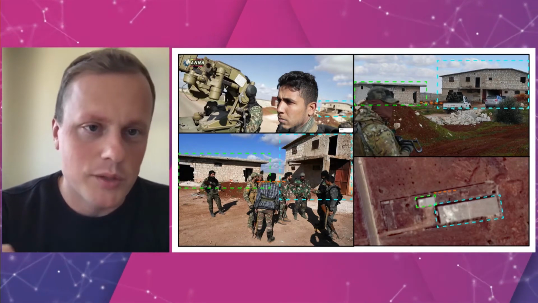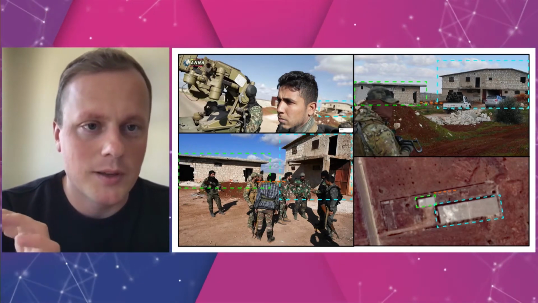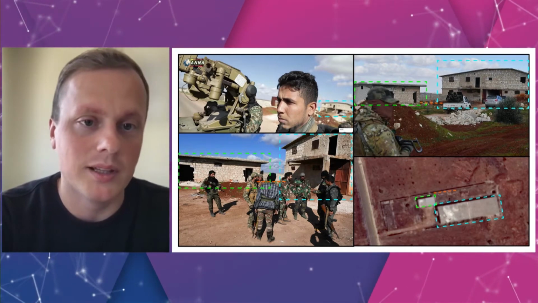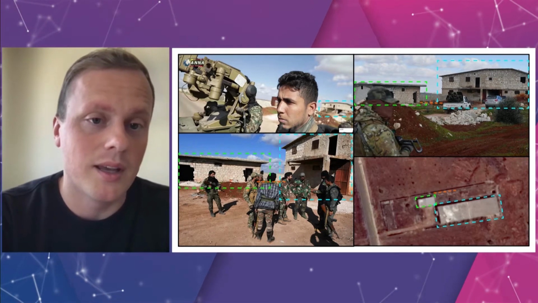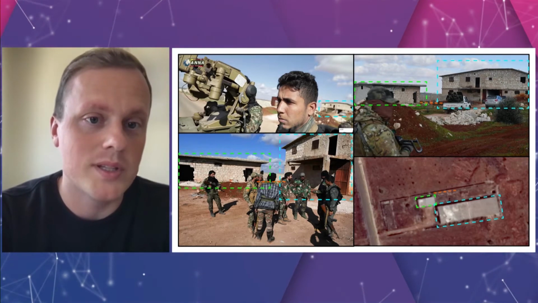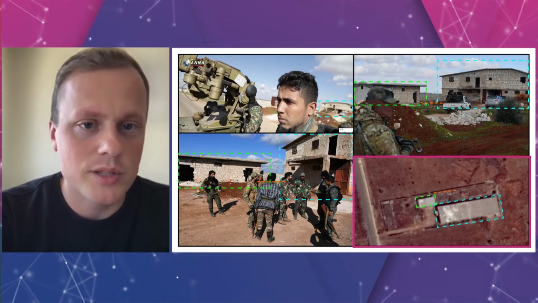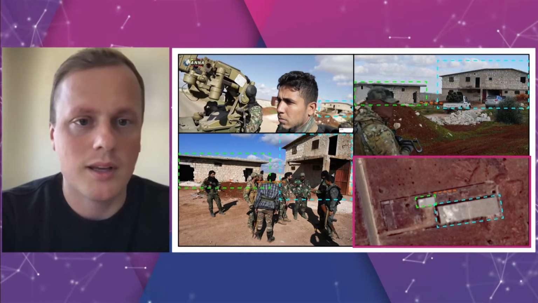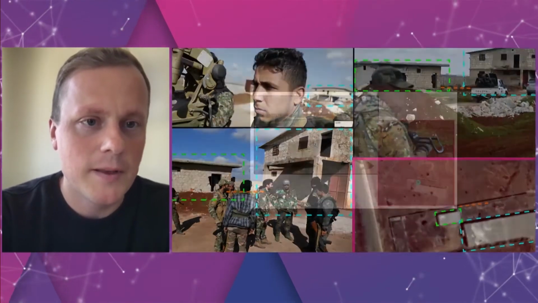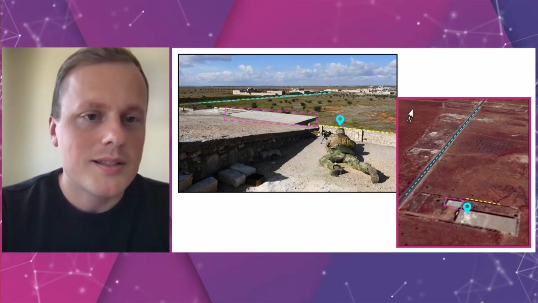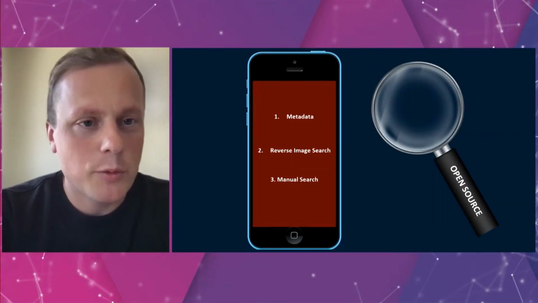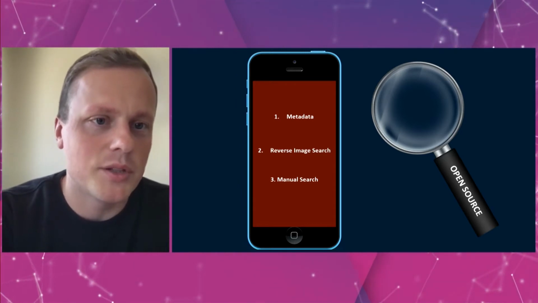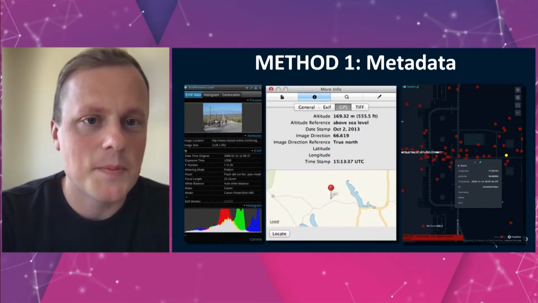So we also try to visualize, but basically we try to show every single detail and contrast it with openly available satellite images, satellite maps, and to prove that this photo was taken like that. As you can see, different colors represent different objects between the photos taken and satellite maps. Next slide, please. Next slide. And basically, we have three very simple approaches for you to keep in mind: metadata, reverse image search, and manual search.